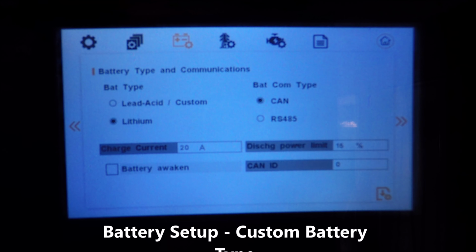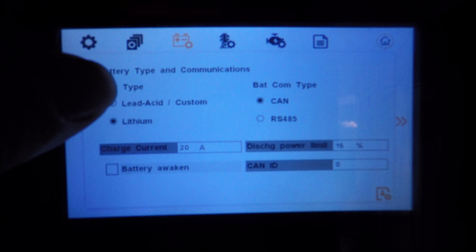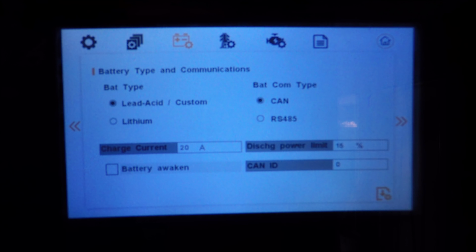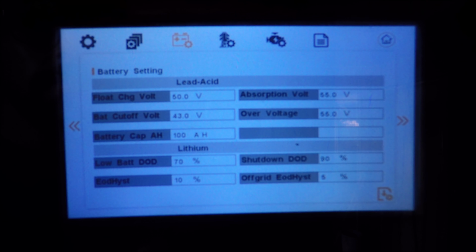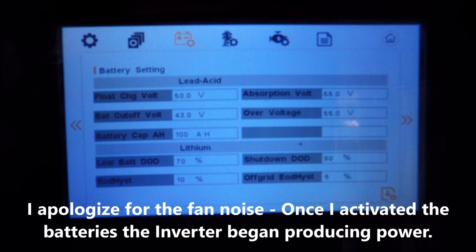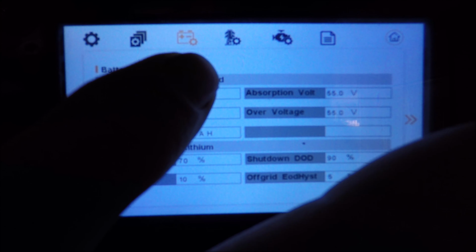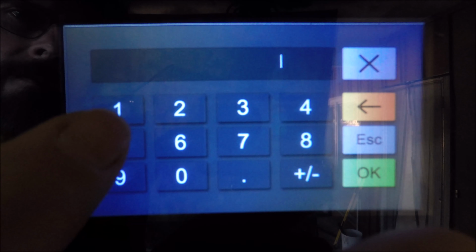Now we'll go over entering a custom battery configuration. I'm going to select lead acid custom. I'm going to save that setting, and I'm going to move to the next screen. In my case, my batteries are a 15S configuration. As such, I need to do a custom configuration for my battery settings. We are going to set our float voltage at 51,